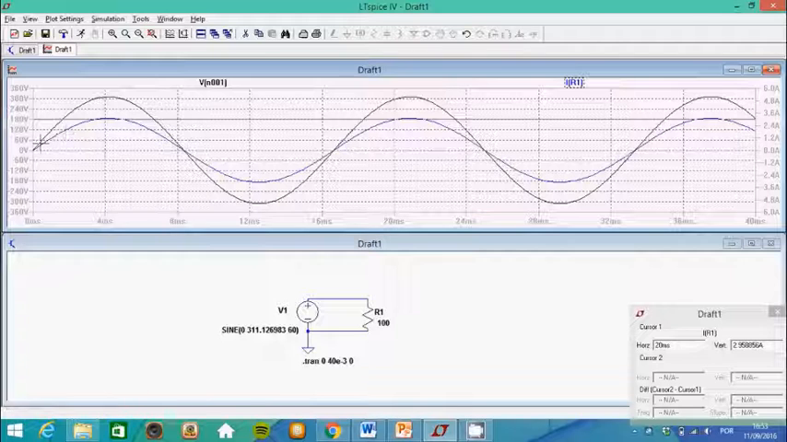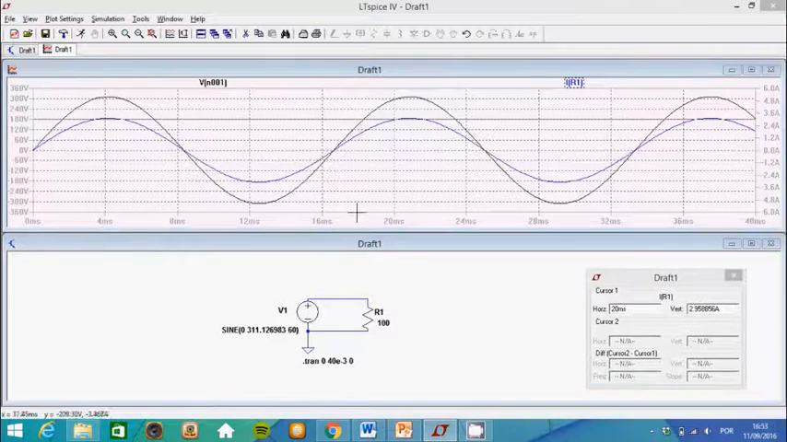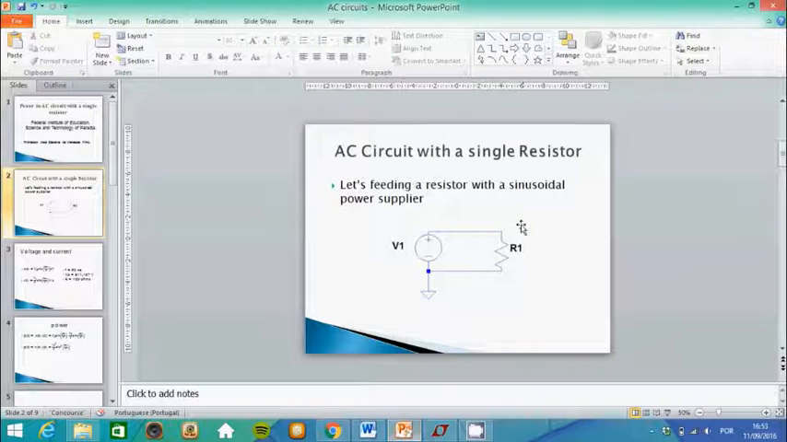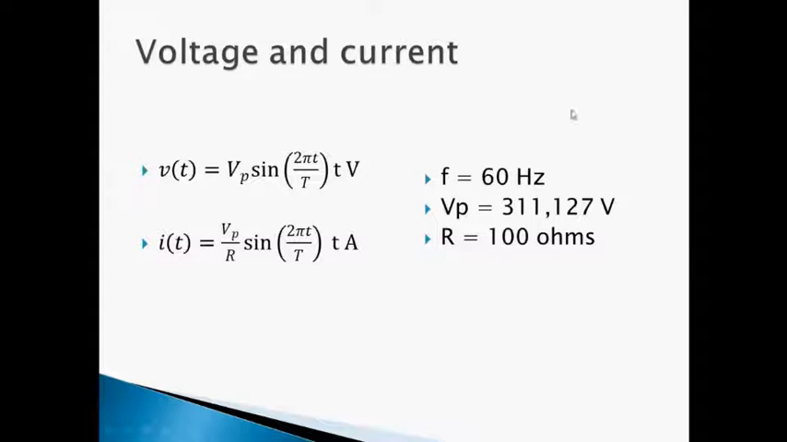Okay, this is the waveform of the current in blue, and this is the waveform of voltage in black. We have a frequency of 60 Hz and the maximum value, the peak value of the voltage is 311.126, etc. Okay, let's go with our presentation. The voltage and current,